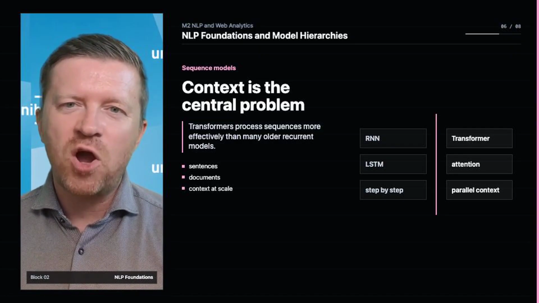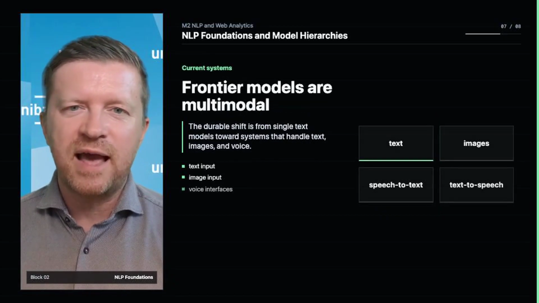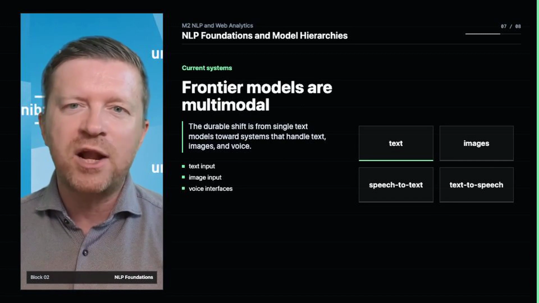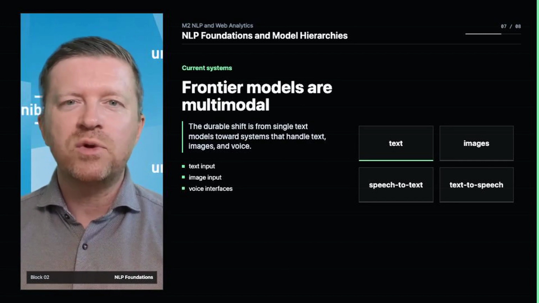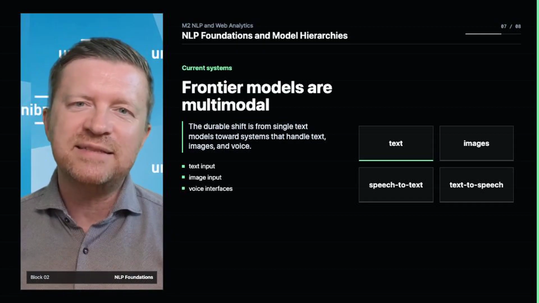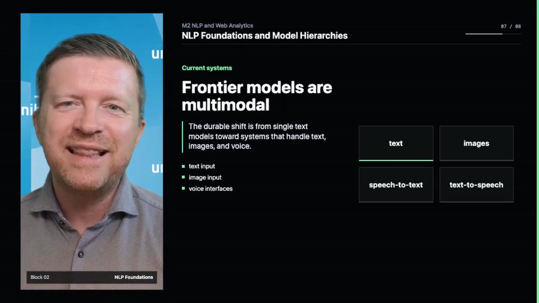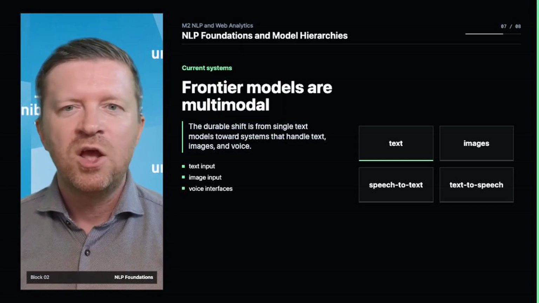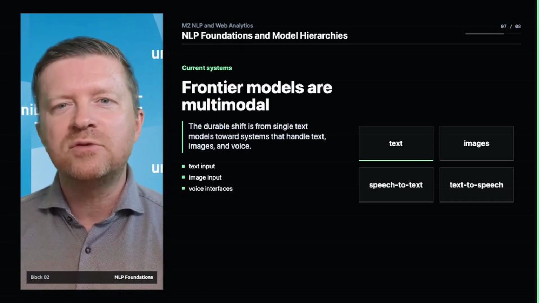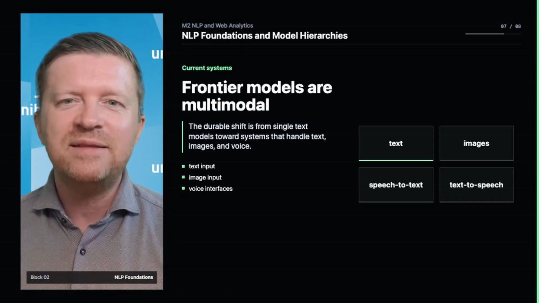The second term is GPT itself. A GPT model is a particular kind of transformer model trained to generate human-like text from a prompt. Training these models requires enormous datasets and substantial computing resources, which is one reason large commercial models are expensive to build and operate. Today, the more durable way to describe this is to talk about frontier GPT models and multimodal